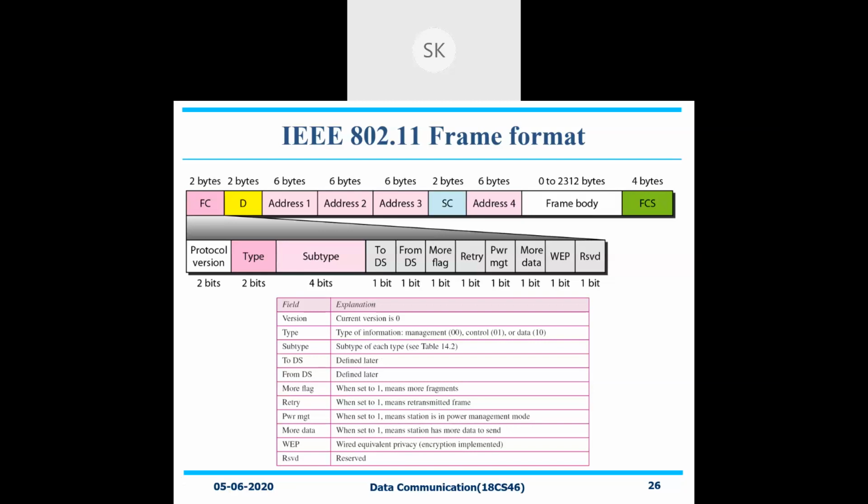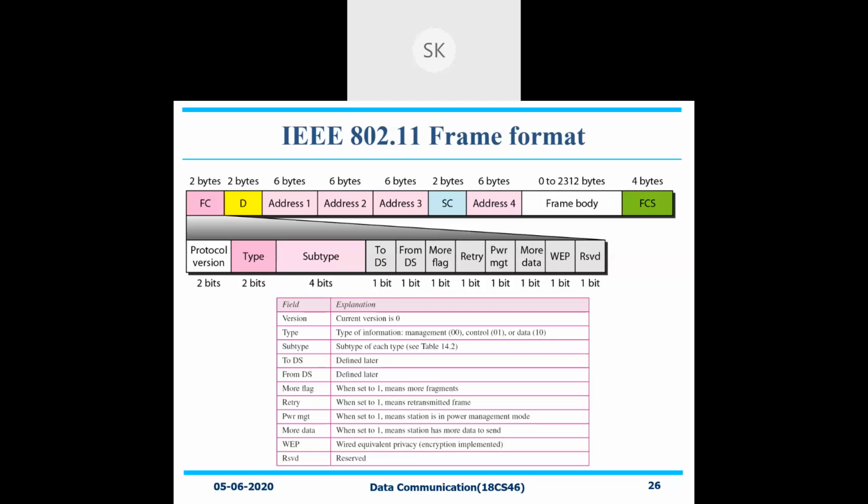That is defined later, but actually what it will be doing is checking how that particular coordination will be happening with respect to the access point that it wants to communicate with. Whereas From DS, the next point, is a single bit subfield indicating whether the frame is coming from the access point or not. That is, from the centralized access control, it will be checking whether it is coming from there or not.